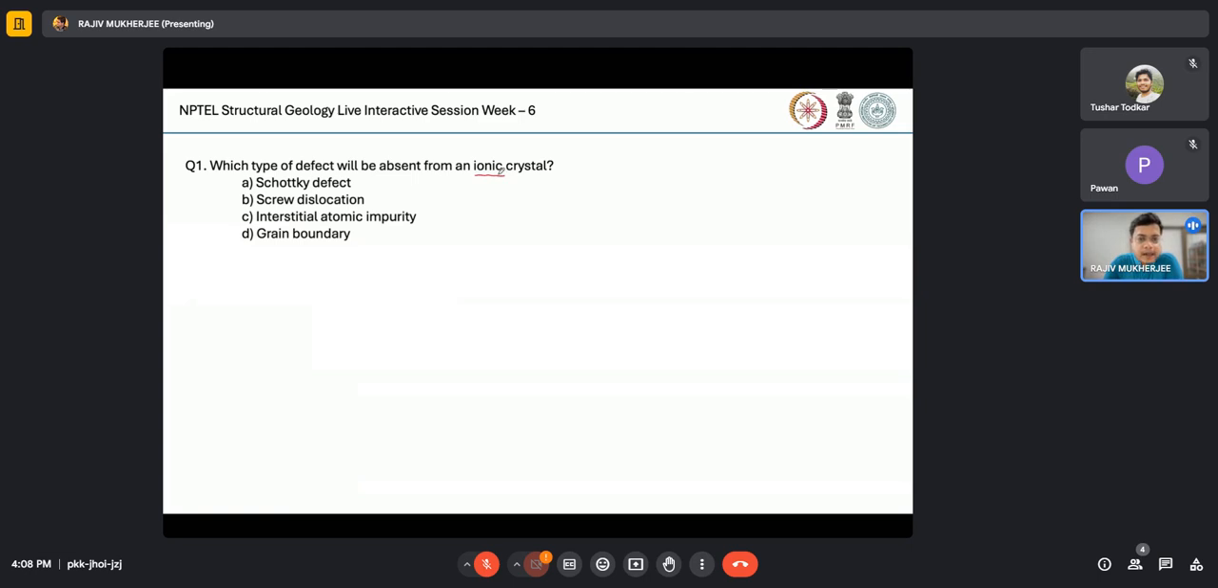Any idea what can be the answer? So it will be grain boundary. No, because any lattice will eventually have grain boundaries, because lattice grain boundaries are essentially free surfaces. So grain boundaries, if you are talking about a polycrystalline system, can be